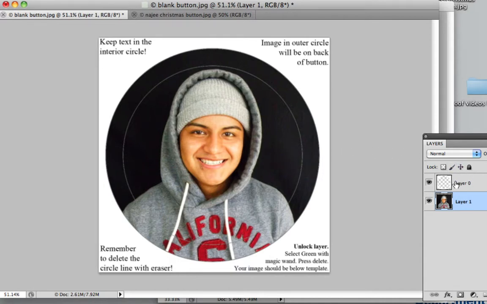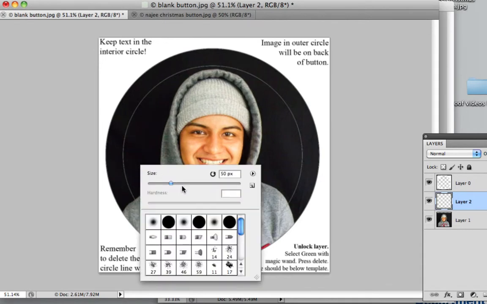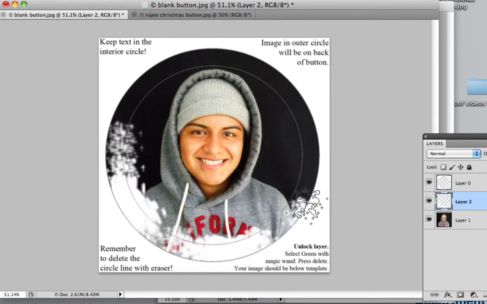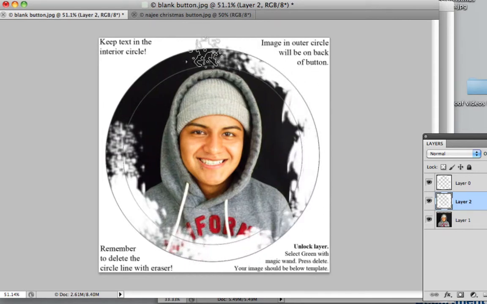So next, what we're going to do is I'm going to create a new layer, and we're going to create an effect that's almost as if he's looking through a snowstorm or a blizzard. So I'm going to select the paintbrush. I'm going to right click, and you're going to want to grab a paintbrush that splatters the paint a little bit. I'm going to increase the diameter, and again I'm on a new layer, but I am beneath the template layer. So I'm just going to go around,